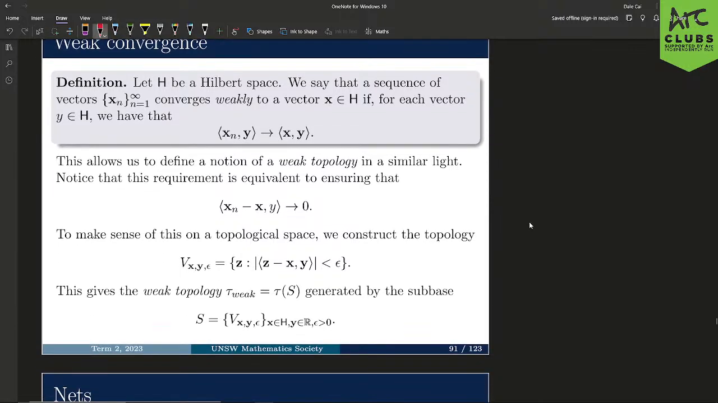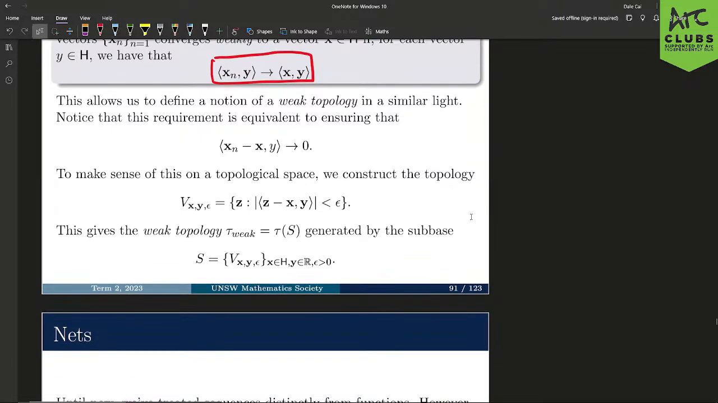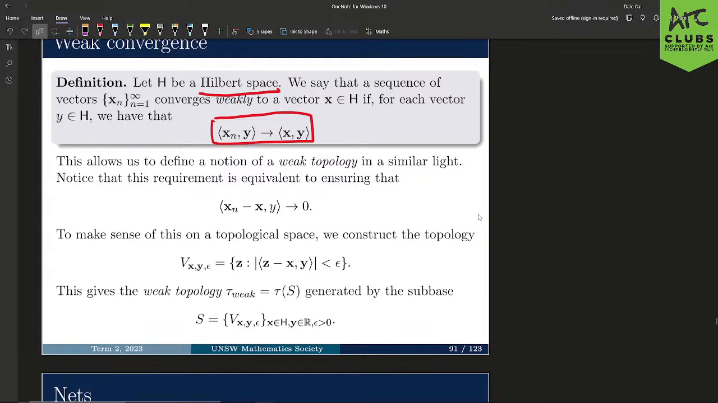Weak convergence is for Hilbert spaces. We say that a sequence of vectors converges weakly if for each vector in the Hilbert space, the inner product converges to this inner product. So this is called a weak topology because it's weaker than convergence in the norm of the inner product space. And the way we do this here is to have this equivalent to convergence inside a topology. We use this. It's kind of similar to the gate sets we had before, except